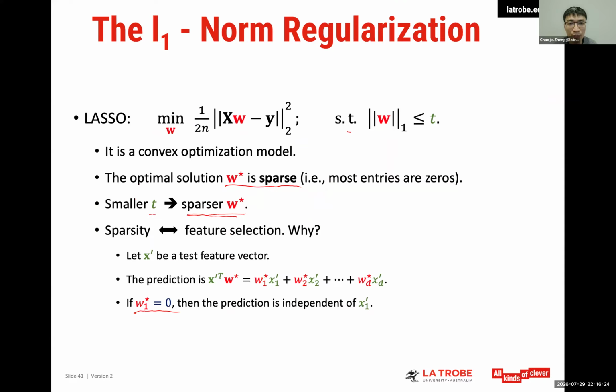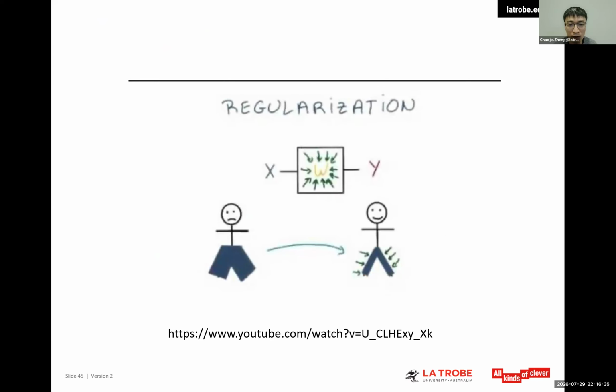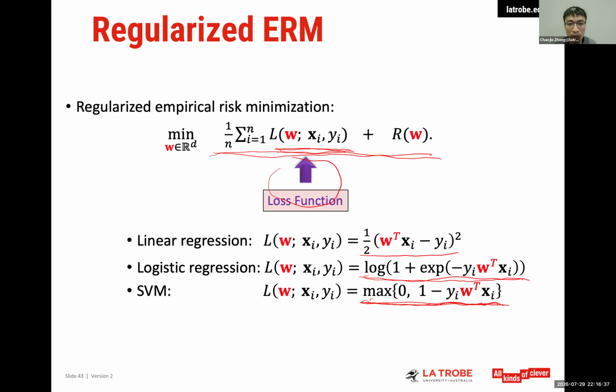So that's the benefit of L1 norm. So that would be enough as the takeaway knowledge. And also, you understand that empirical risk minimization is a general form for